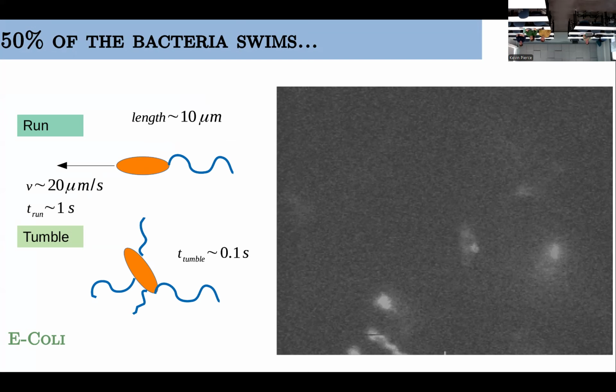So here you have some typical sizes. A bacterium is about 10 microns. It moves at a velocity of 20 microns per second, and a run duration is about 1 second. And we can see in the next slide